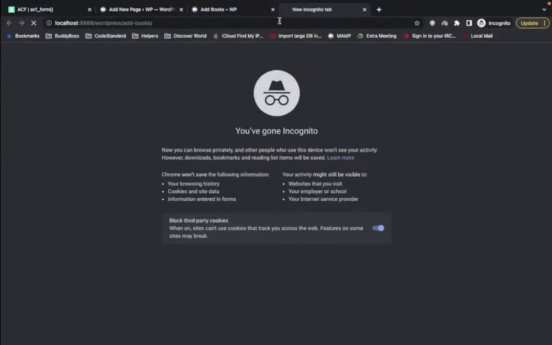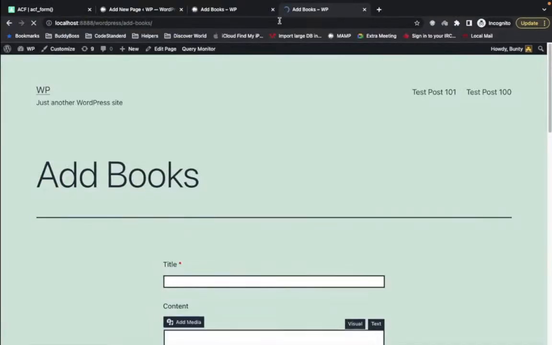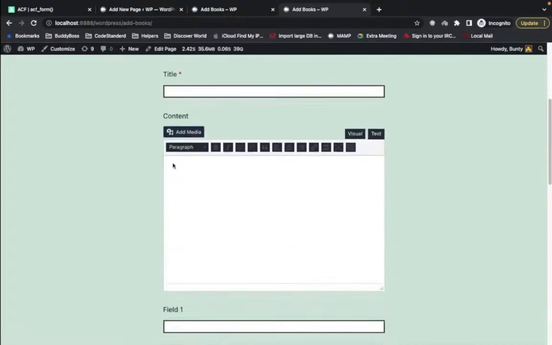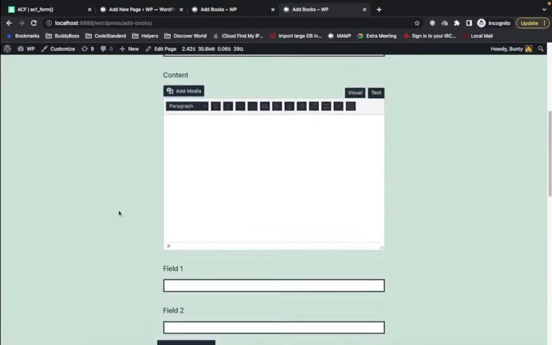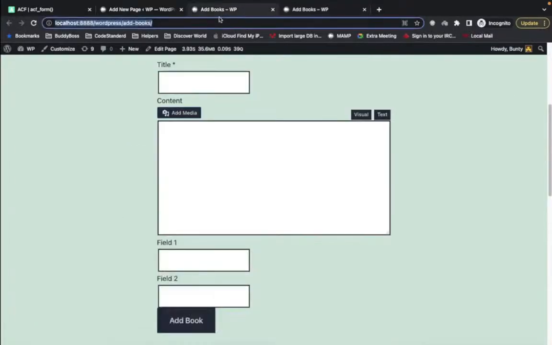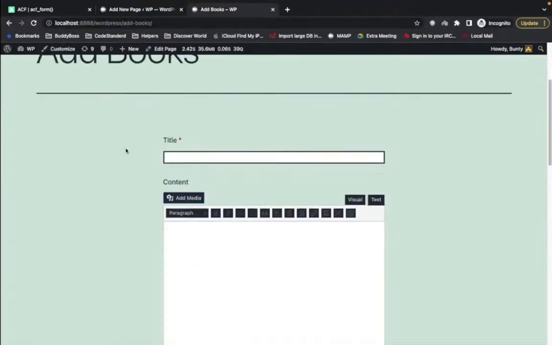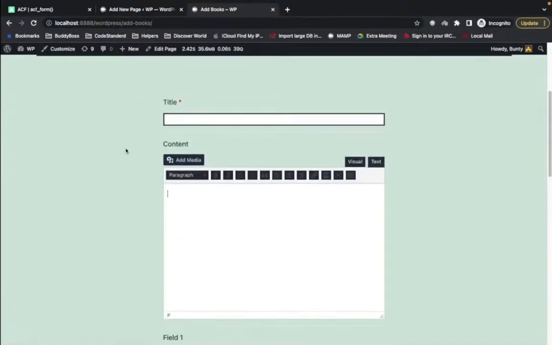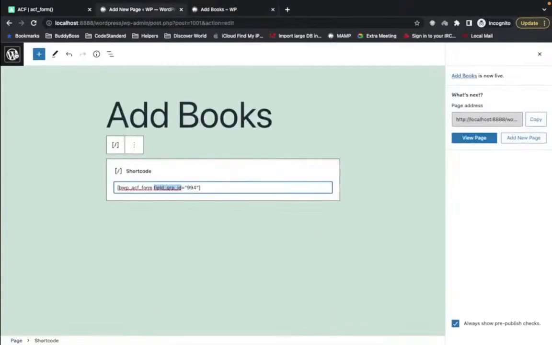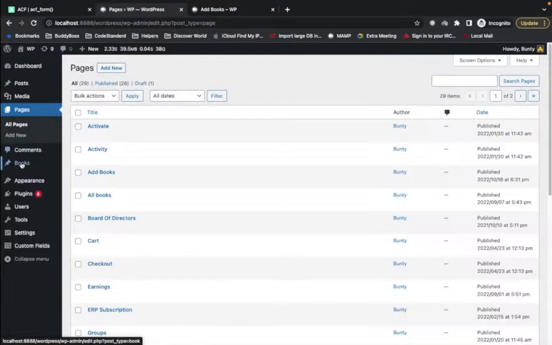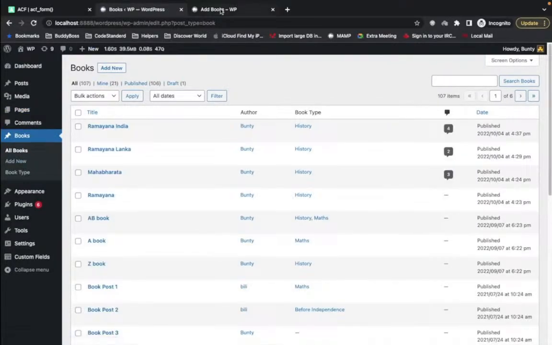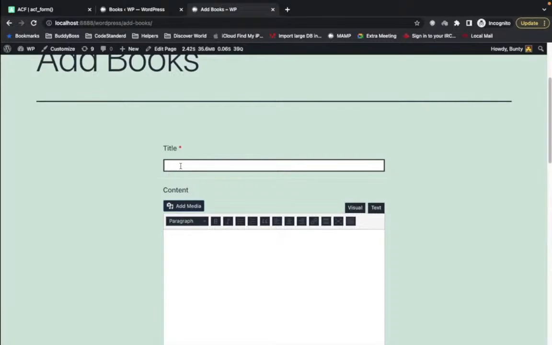After adding this, let's try to see how it looks on another tab so that we can compare. As you can see, now it is looking a little bit nicer. Previously it was looking like this. So our form is ready. I'm gonna go to books over here, and let's add a book